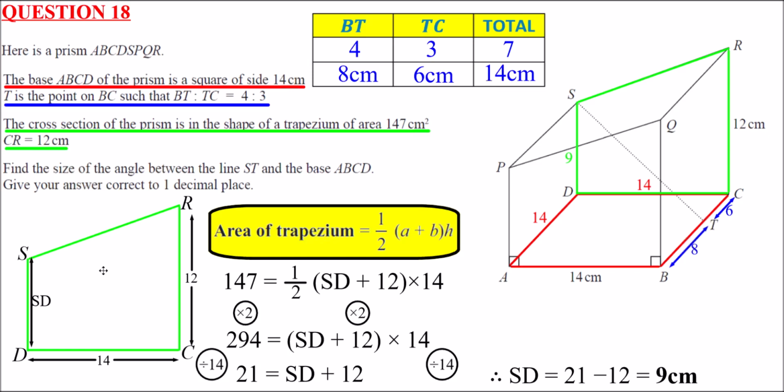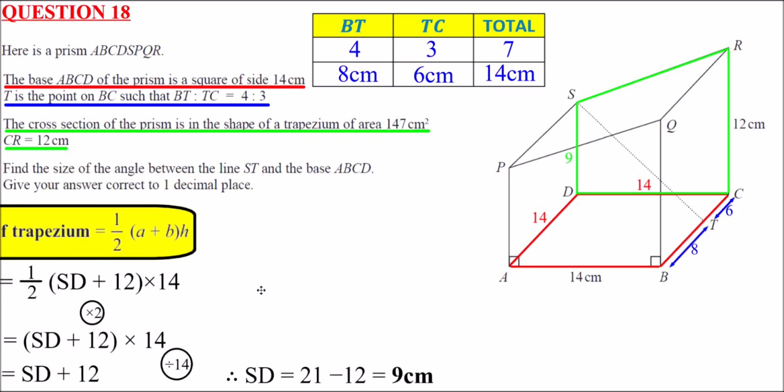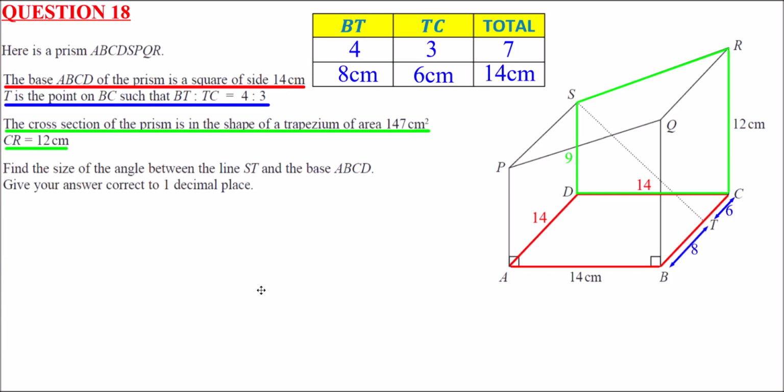So we're done with this trapezium, so I'm going to wave that goodbye for now. And now we're going to focus on something else. If we look at this square base and imagine a line going from D to T, like so, we could actually use Pythagoras, knowing that from D to C is 14 and from C to T is 6, to work out this dotted length DT at the bottom. So just considering this little triangle at the back end of the base of the shape, which I'm going to colour in yellow, I'm just going to put it over here to work on,